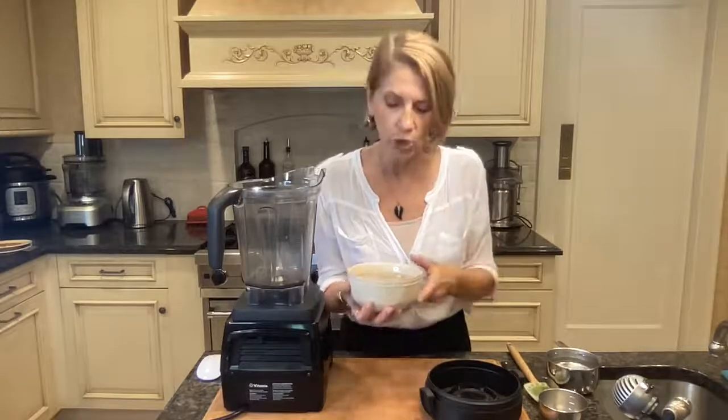So soaking does a few things. One is it softens up the nut so that it gets a creamier consistency, so there's less little pieces in it, which is good. The other thing too is if you are consuming a lot of nuts, it's good to soak them overnight because that helps remove some of the phytates or phytic acid that tends to bind up nutrients